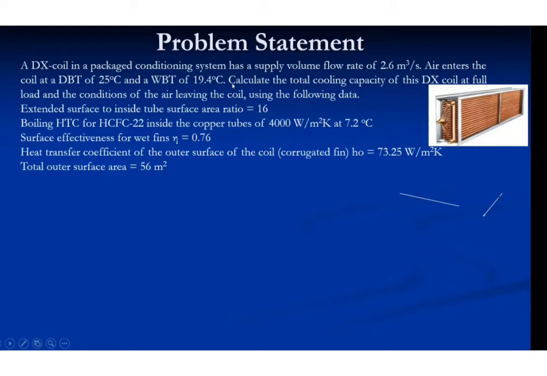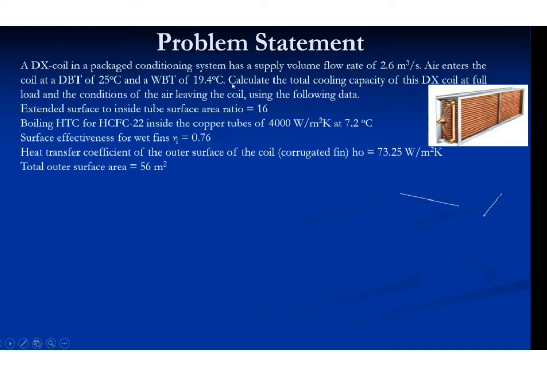Let's see this another numerical. A DX coil air conditioning system has a supply volume flow rate of 2.6 meter cube per second. Air enters the coil at DBT of 25 degrees Celsius and WBT of 19.4 degrees Celsius. Calculate the total cooling capacity of the DX coil at full load and condition of the air leaving the coil. Using the following data,